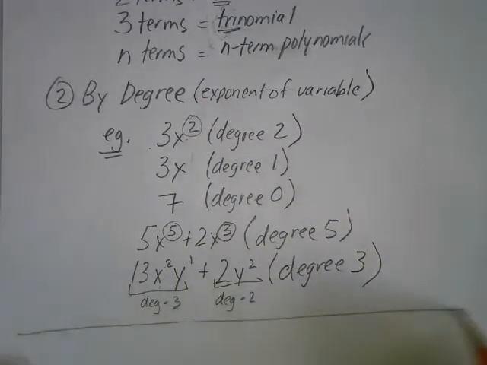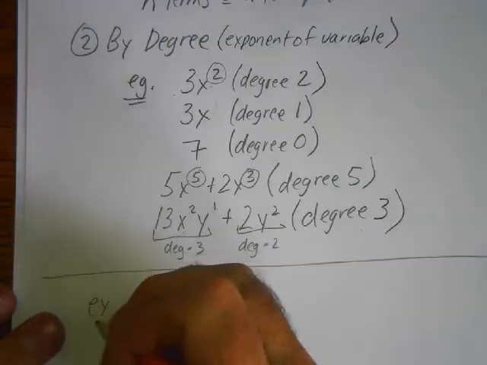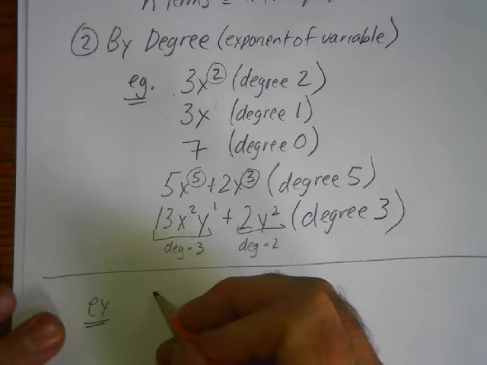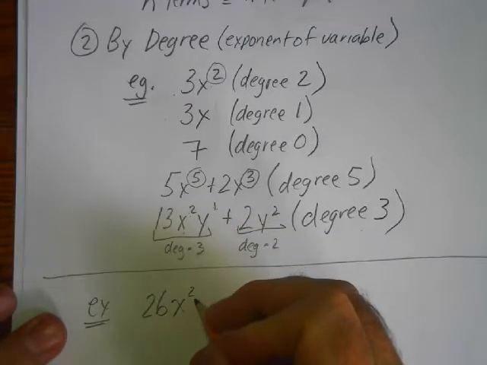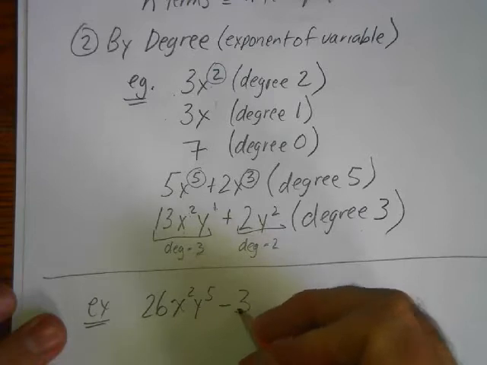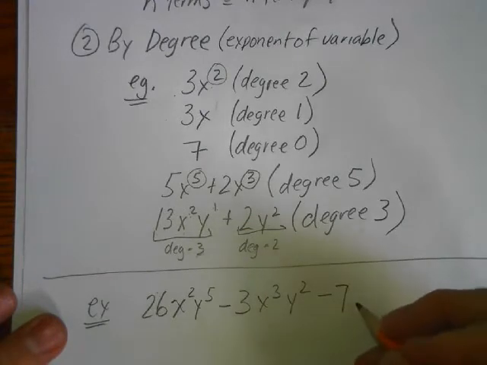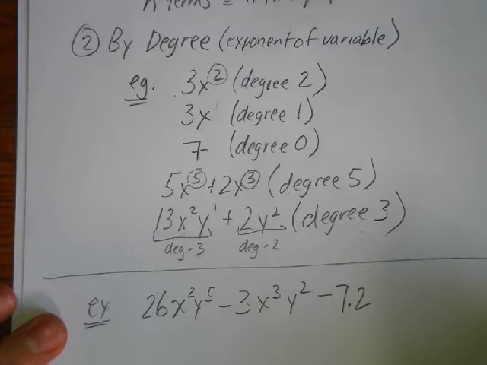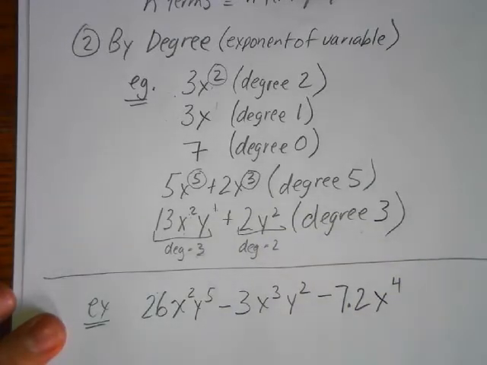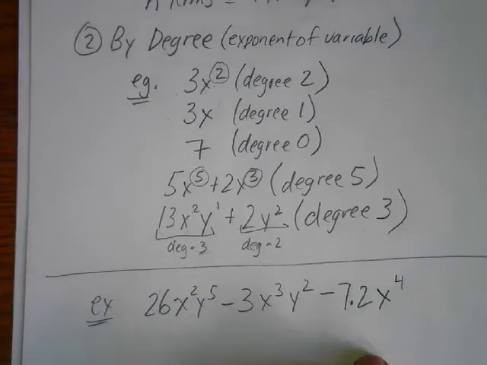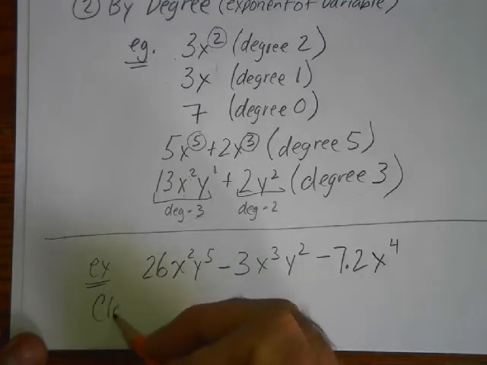So if I put this all together, I could give you a polynomial. Let me make this a little tougher. So example, 26x squared y to the fifth minus 3x cubed y squared minus 7.2, throw in a decimal there, x to the fourth. Okay, so if I asked you to classify this, and you will see these on a test or a quiz, if I asked you to classify this polynomial,